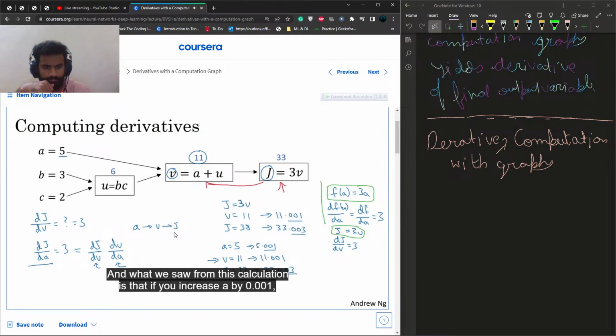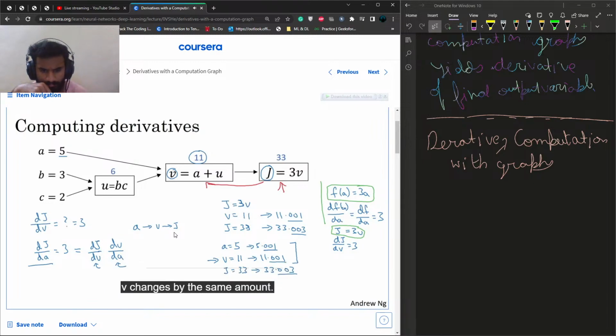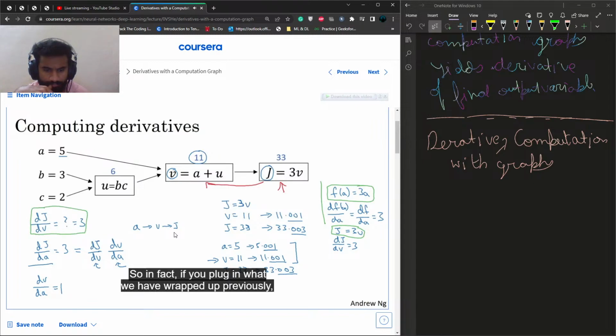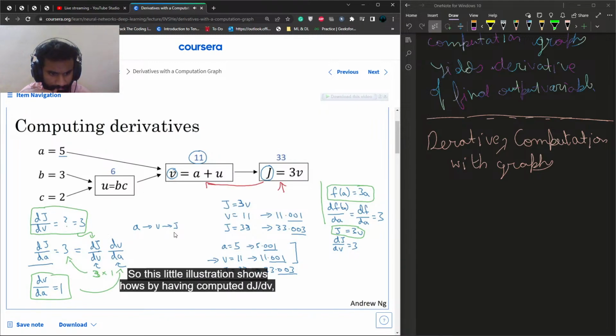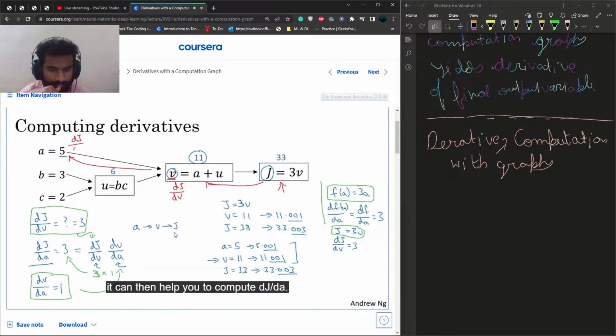And what we saw from this calculation is that if you increase a by 0.001, v changes by the same amount, so dv dA is equal to 1. So if you plug in what we have worked out previously, dj dv is equal to 3, and dv dA is equal to 1. The product of these, 3 times 1, gives you the correct value, that dj dA is equal to 3. So this little illustration shows how, by having computed dj dv as the derivative with respect to this variable, it can then help you to compute dj dA. And so that's another step of this backward